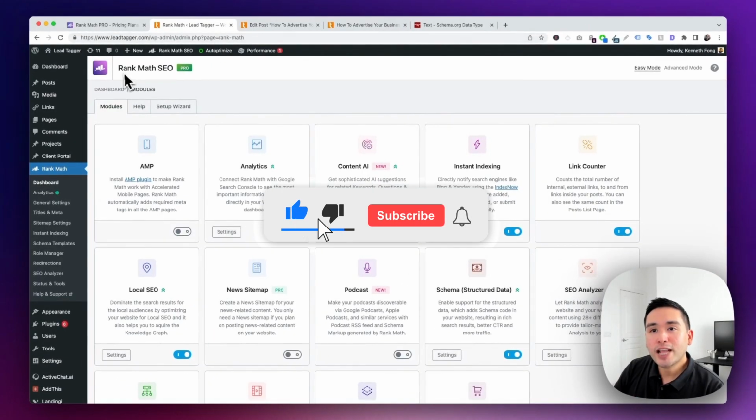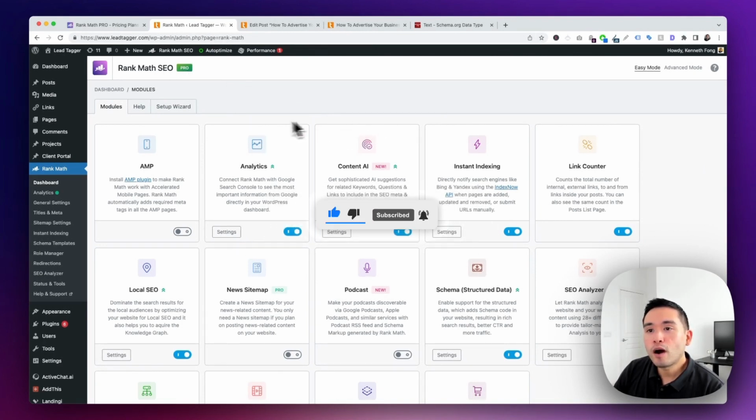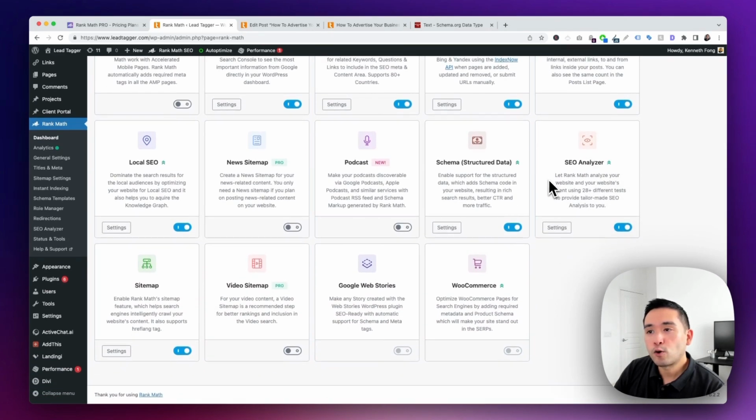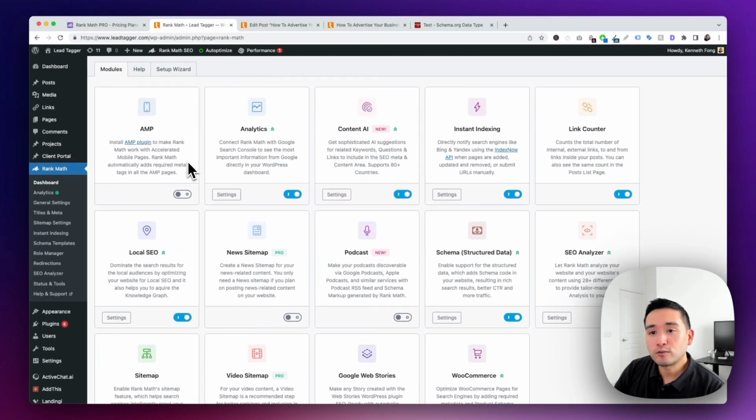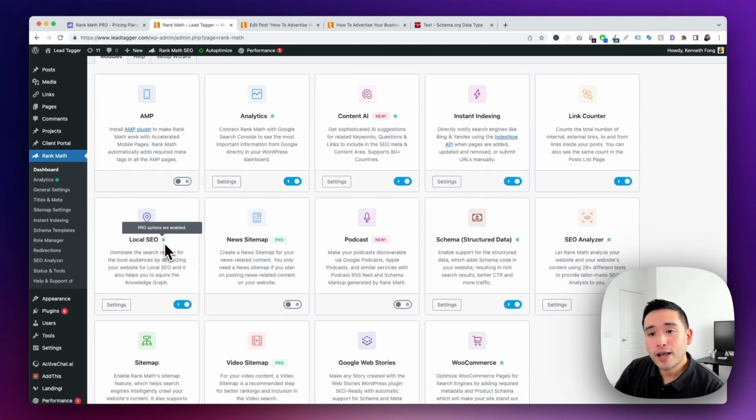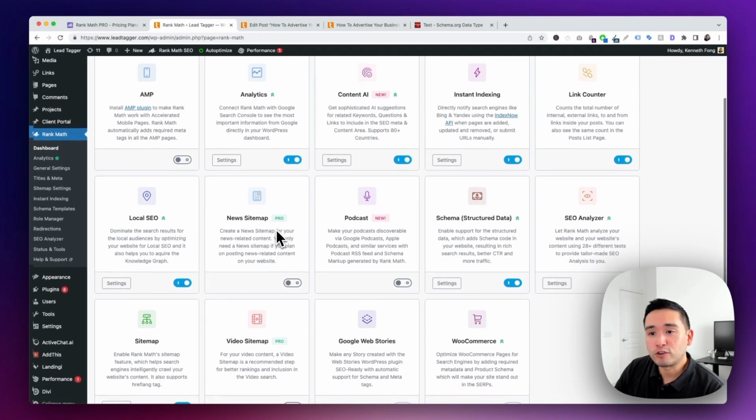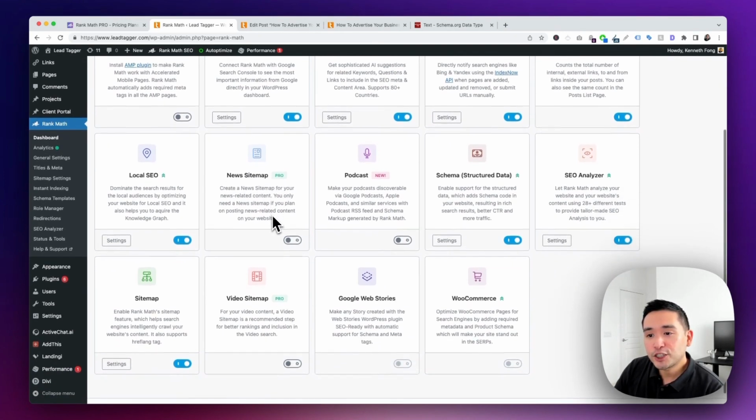This is the Rank Math SEO Pro version. What you see here is the main dashboard. You can view all of the features at a glance. They are organized into modules. If you want to turn on or off any of these modules, you can just click on these toggle buttons right here. Modules with this green icon mean that pro options are enabled. So analytics has pro options, content AI also has pro options, and is also a new module. The local SEO module also has pro options. And there are some modules that are only available for the pro version, like this news sitemap feature